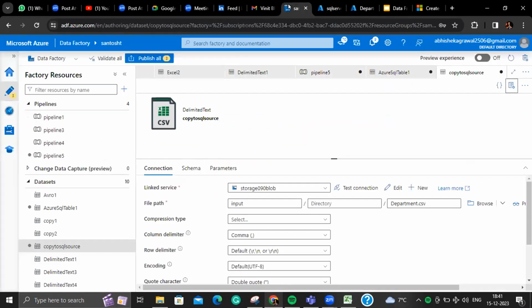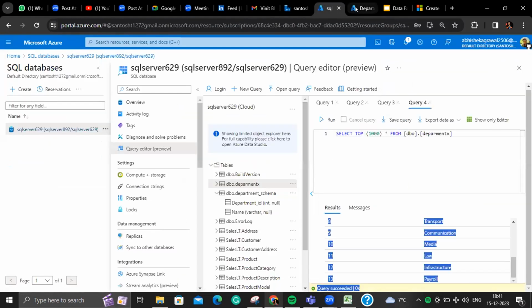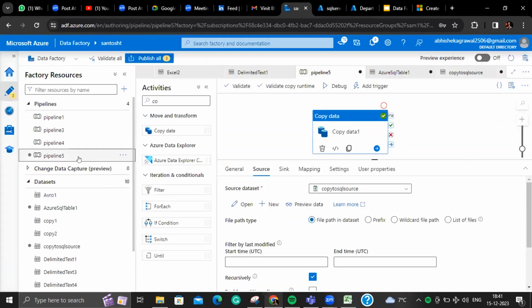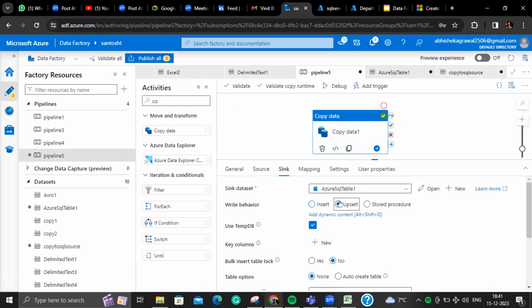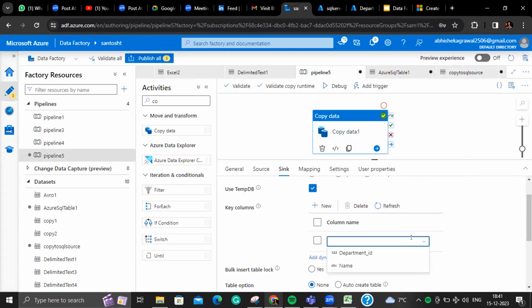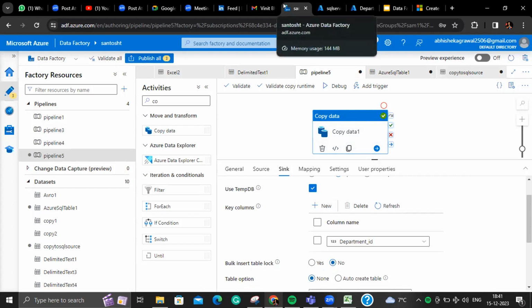Now if you run this pipeline, here in this data factory, we want to do upsert based on the primary key column. What is the key column? The key column is department ID. So it will compare. If the primary key is already there, it will update. If not, then insert. For information technology, which is 4, it is already there, so it will update. Otherwise, it will insert. Now if you run this,